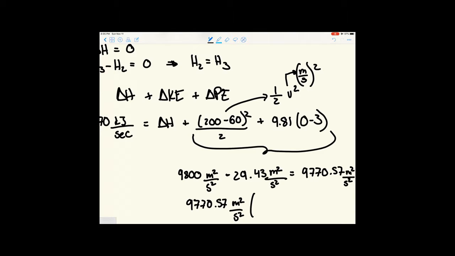And the GC is 1 kilogram meter over newtons per second squared. So when we finally perform this conversion, we're left with